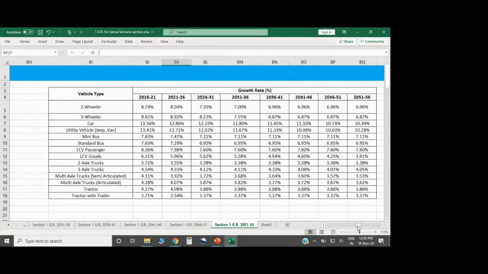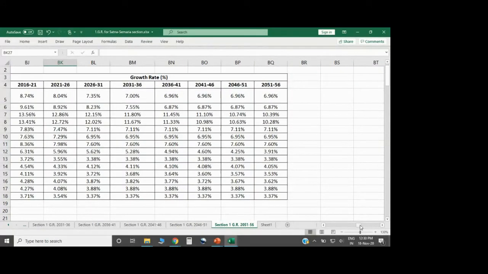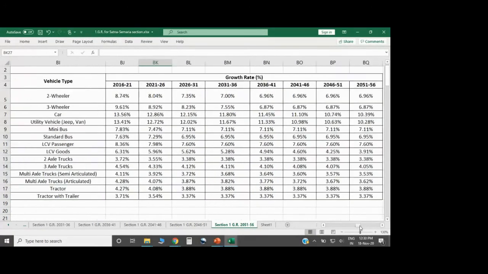Okay. So for this project that we have been discussing for a long time now, the Satna Shankargarh Road, it was intended that we were doing the survey in 2016. So that will be the base period. Then after that, it will take some time for construction and all. So we had projected the traffic for, if you see here, 2056. So up to 2056, we had calculated the number of vehicles, or we are expecting that these will be the number of vehicles.